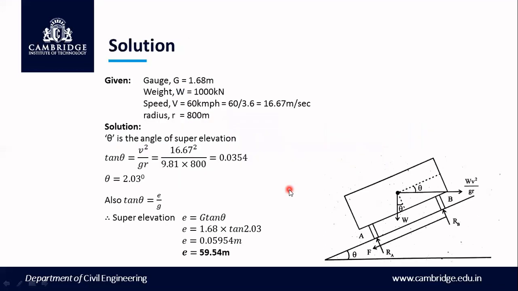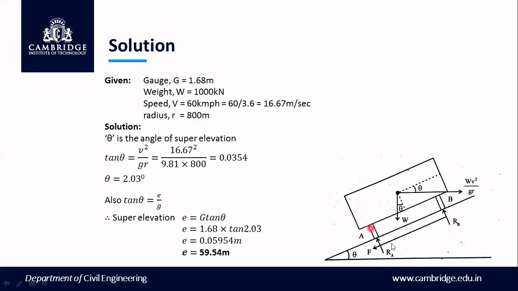So, taking down the given data, the gauge is given as 1.68 meter, the weight of the rail is W equal to 1000 kilonewton, and the speed V is given as 60 kmph. I convert it into meter per second by dividing by 3.6, and I get 16.67 meter per second. And the radius R is equal to 800 meter. Coming to the solution,